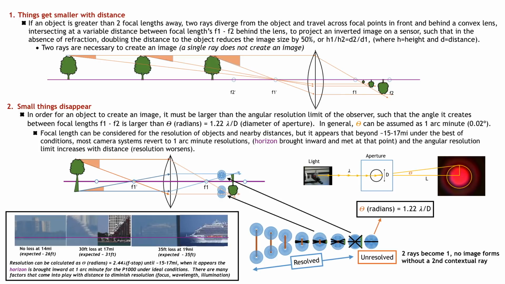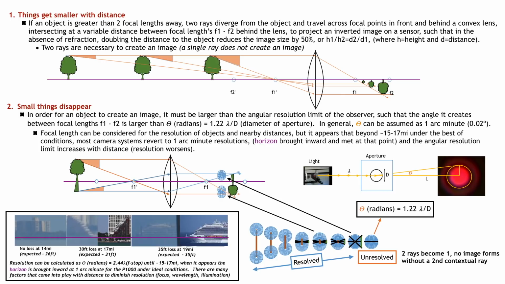And then we noted again that there are differing ways to produce this angle, and under certain circumstances the angle can be extremely low given the right conditions, and we can resolve great distances and small amounts of information to great detail. And so resolution can also be calculated based on the brightness and the f-stop and any number of ways. It just so happens that theta in radians with the Rayleigh criterion essentially is the predominant way to describe the phenomenon. But resolution can be calculated as theta in radians equal to 2.44 times the wavelength of light times